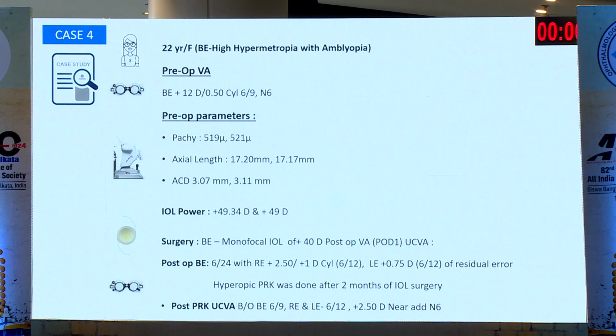And the last case which I would like to share with you, a 22 years old female came to us with plus 12 diopters of hyperopia, and she had amblyopia in this eye also, and the IOL power was 49.34 diopters and 49 diopters in the other eye. So we did a monofocal lens of 40 diopters, and post-op day 1 uncorrected vision was 6/9 partial and 6/9, and a bit later on the vision improved to